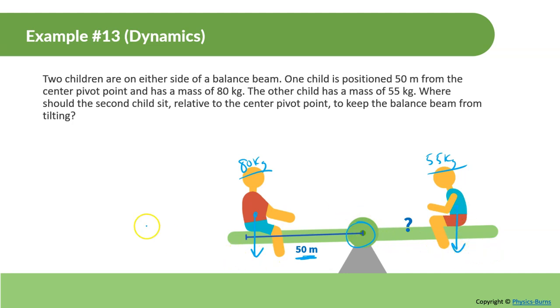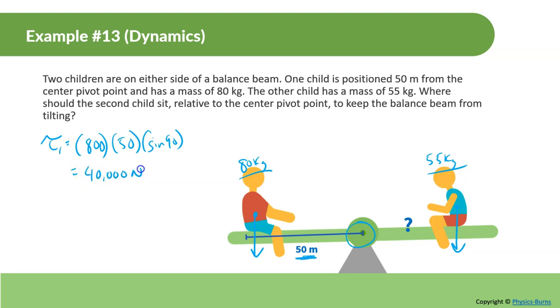onto the seesaw. So I'm going to do the torque of the first person. We have this person applying a force, we'll say perpendicularly, 80 kilograms. So that's a force of gravity of 800 newtons, 80 times 10, times the radius, he's 50 meters away, and perpendicular, so that's sine of 90. So this is equal to 800 times 50, which is 40,000